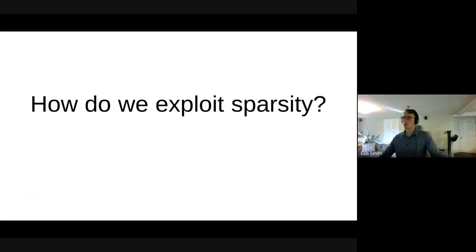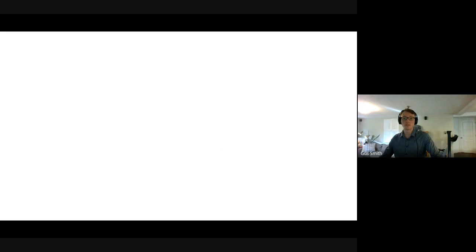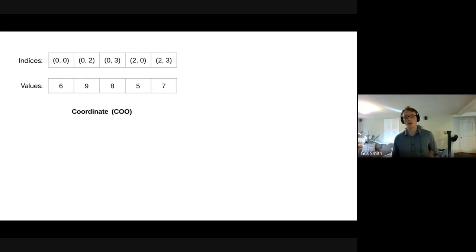So how do we actually exploit sparsity? What does it mean to exploit sparsity? Well, we use these things called sparsity formats. Sparsity formats are basically different ways of compressing a tensor, not representing explicitly the zeros of a tensor. One of the most common ways to do it is the coordinate format. In this format, we essentially just pair the values of a tensor with their actual indices.